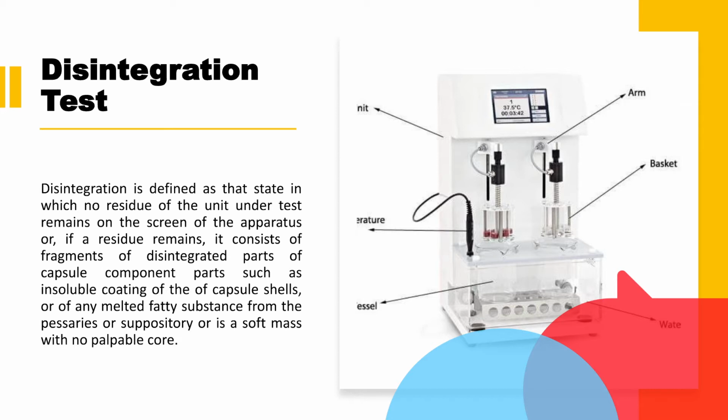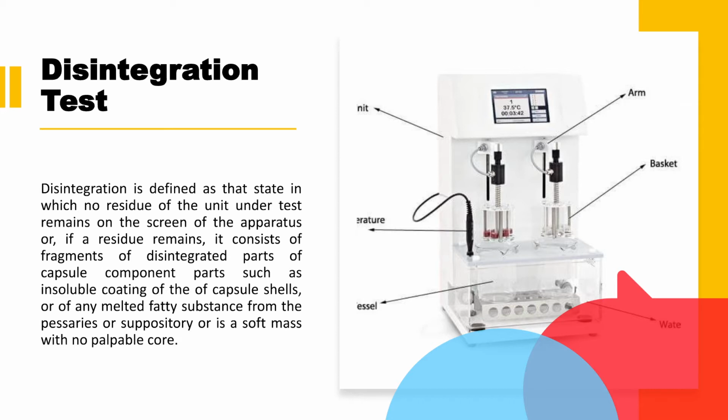So you can see a disintegration apparatus over here. The temperature is being maintained. The vessel media has to be considered. There is an arm. There are 6 cabinets, 6 test tubes, in which a single tablet has to be placed for doing the first round of the disintegration. Then the overall setup is immersed in the water. The disintegration apparatus basically moves up and down to mimic the condition it actually behaves in when it goes inside the body system.